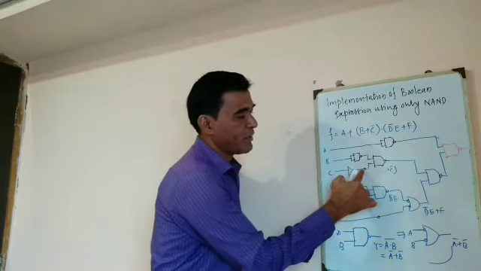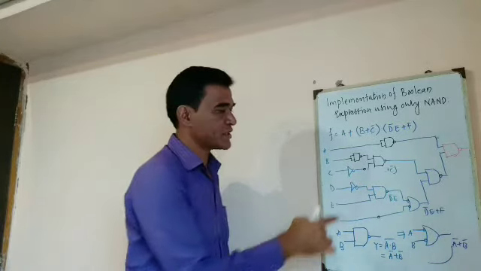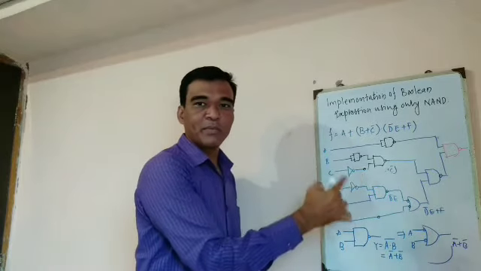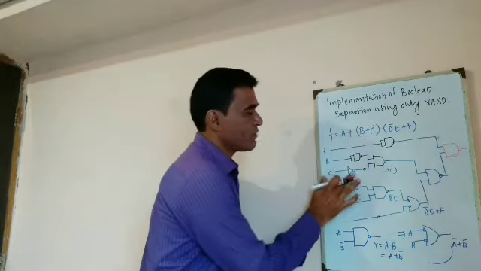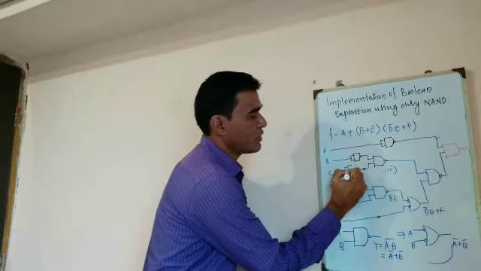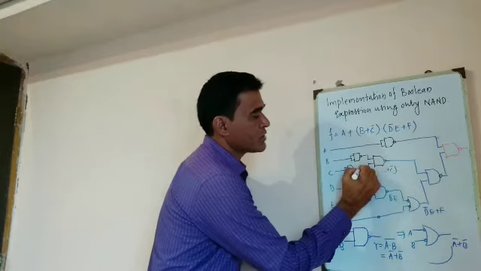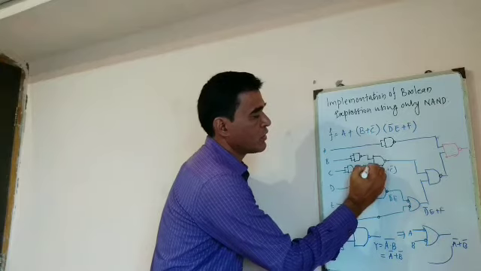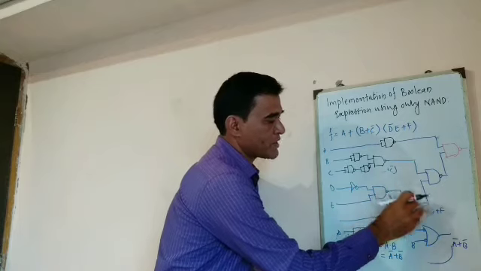Here also we have an inverter, this inverter gets cancelled because complement of a complement is the original function. Here we have a NOT gate, here also we have a NOT gate. Either I can replace this by using a single input NAND gate, or you can cancel it, right? So here I will replace it. So this is the single input NAND gate. This bubble also I need to replace by a single input NAND gate.